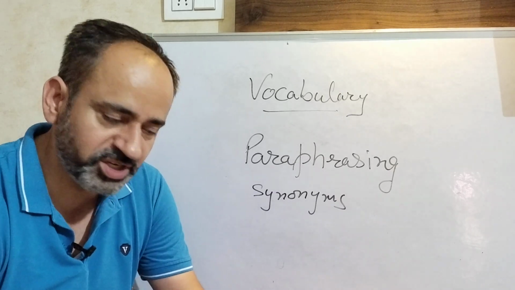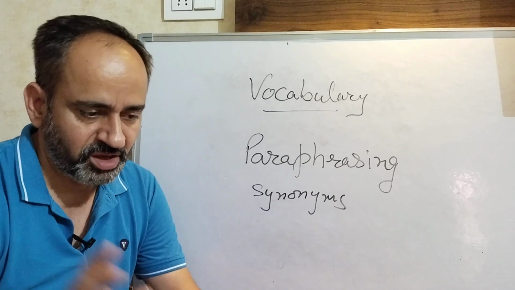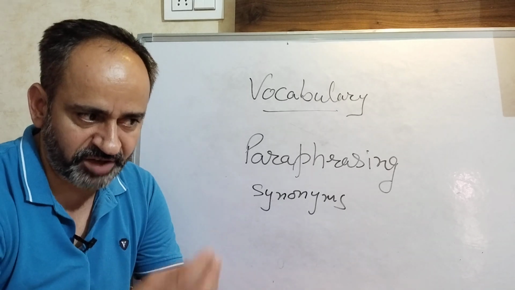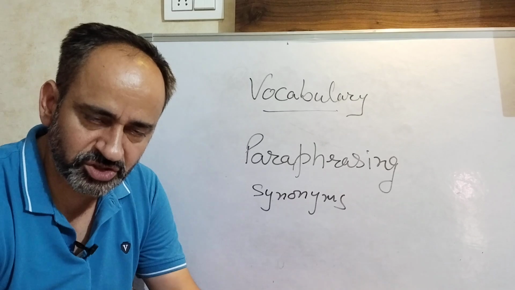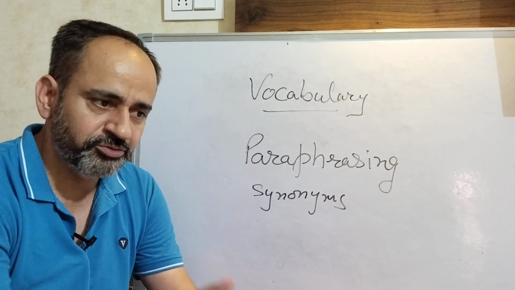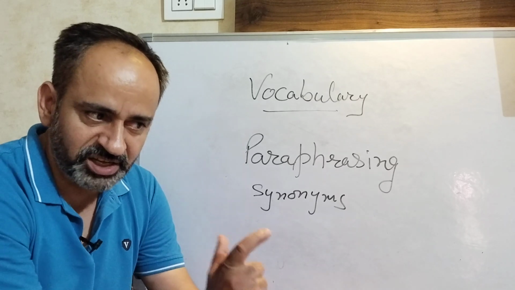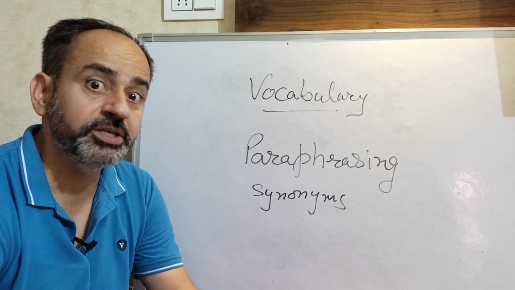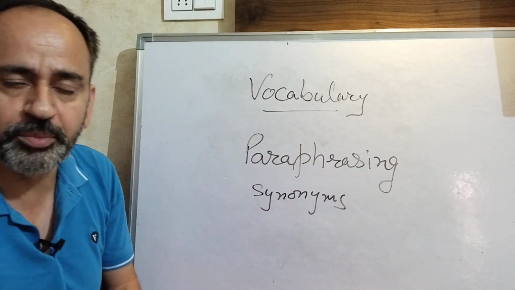And in IELTS, in reading tasks, often like for example, list of headings or which paragraph contains what kind of information. These kinds of questions are pure paraphrasing. A paragraph is given there, having 10-15 sentences might be, and you have to match it with a heading. A heading is a single sentence. So how a single sentence represents 10 or 12 sentences, you have to learn this art, and this can only be done if you have good knowledge of vocabulary.